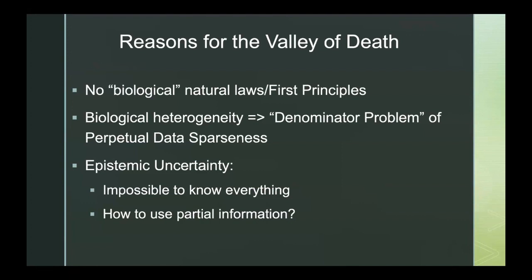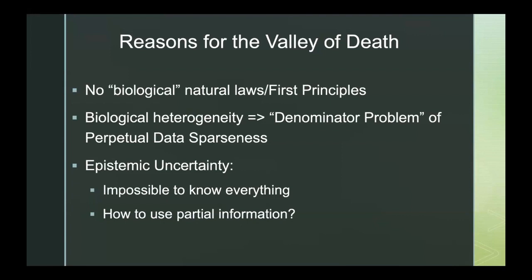We're dealing with perpetual epistemic uncertainty and incompleteness of knowledge, and we need to try and somehow figure out how we can come up with useful interventions and controls, recognizing that we can't know everything about everything. And then this other problem associated with the fact that we don't have the behavior of our system grounded in first principle laws is we